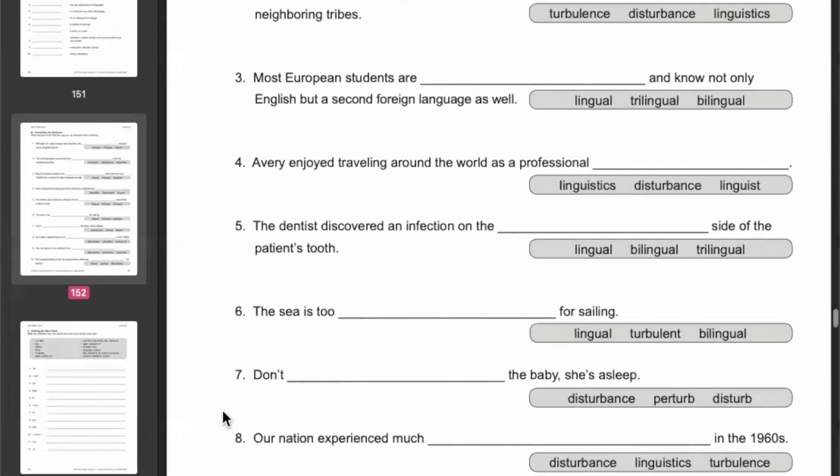All right. Number 7, don't blank the baby. She's asleep. Disturb. Yeah, this one's pretty easy. Our nation experienced much blank in the 1960s, meaning the United States here. Turbulence, yes, absolutely. And it doesn't mean that it was all negative or bad things that were going on in the 1960s. It was that there was just a lot of change and a lot of